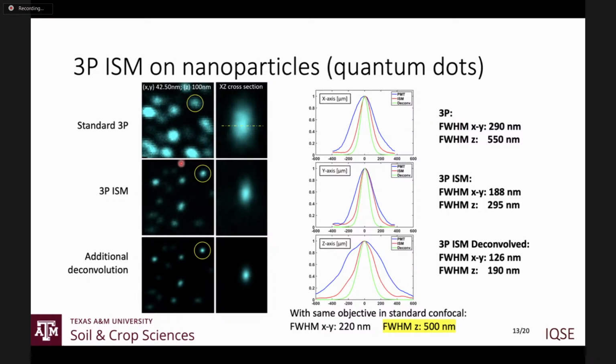When we do the image scanning microscopy with this sample, the resolution already improves to a little bit below 190 nanometers. So about a 50% reduction of the